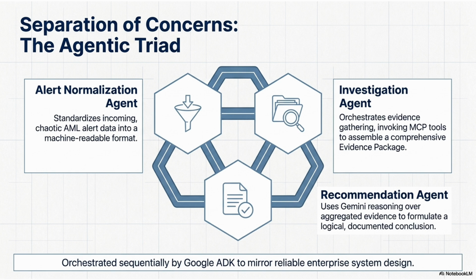Every investigation begins with an incoming AML alert. The alert is normalized, evaluated by deterministic AML rules, and validated by enterprise guardrails, including input validation, prompt injection detection, PII masking, tool authorization, and output validation. The investigation orchestrator retrieves customer profiles, transaction history, and country risk through MCP tools. An evidence package is assembled and passed to Gemini, which generates an explainable recommendation before the case proceeds to human review and audit logging.